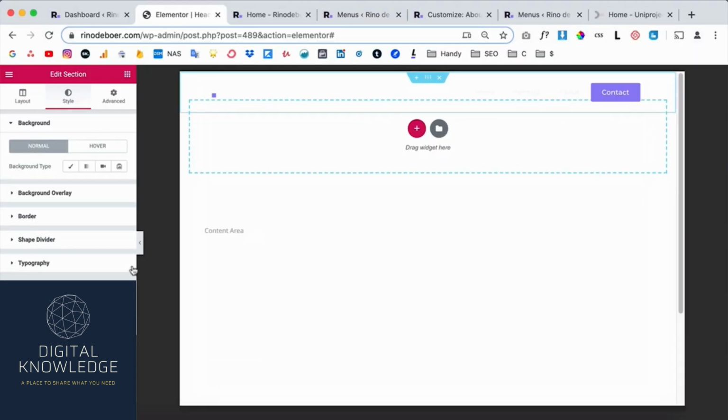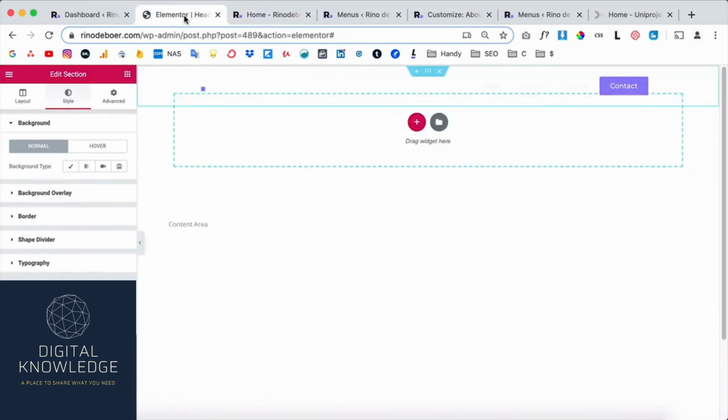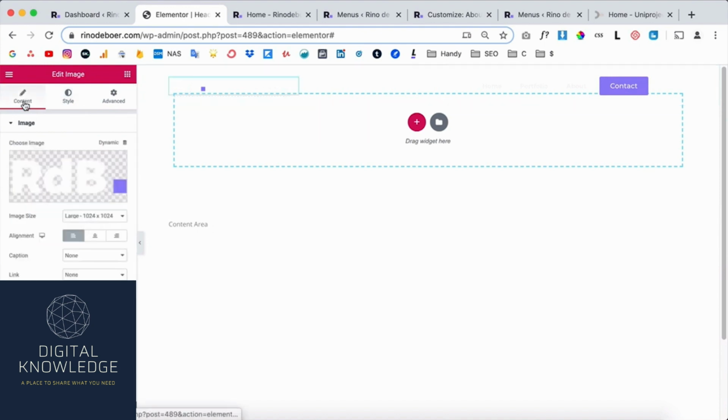So the last thing that I want to show you is that you can also make your logo clickable to the home page. How you do that is pretty simple. You just click on your image, you go to content, you go to link, and then you go to custom URL. And then you just find your home page over here, you click it, you save it, and now your logo is clickable and will automatically link